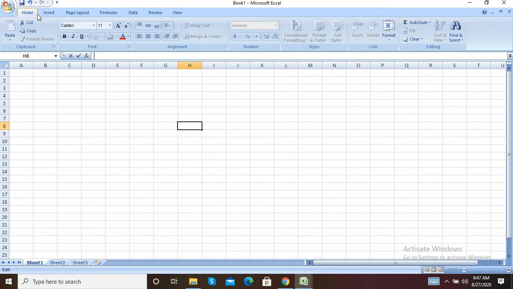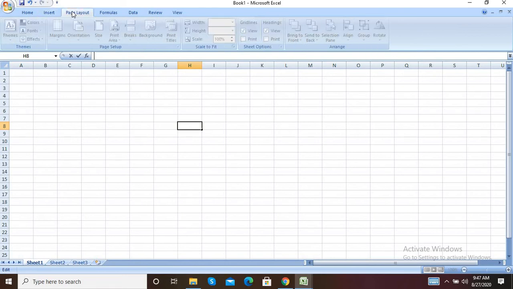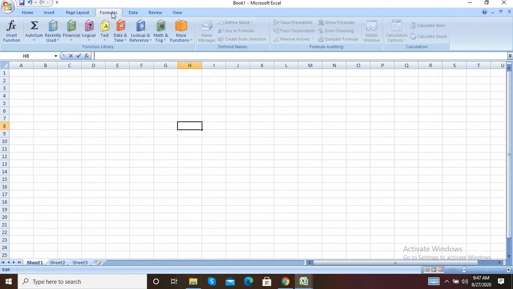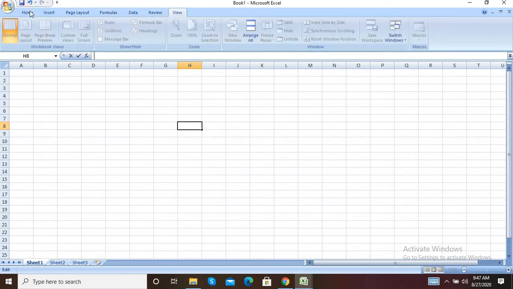So this is called a tab: Home tab, Insert tab, Page Layout tab, Formula tab, Data tab, Review tab and View tab. So these 7 tabs are present at the top, and these 7 tabs have different properties. See, when you click on the Insert tab, there are different properties. When you click on Page Layout, always when you click a new tab, the properties will change.